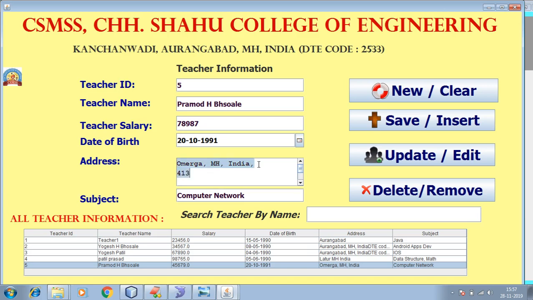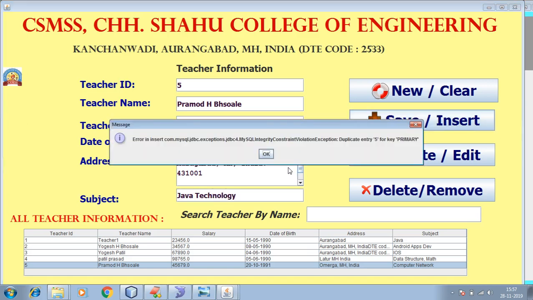Now here I want to update to Aurangabad, Maharashtra, India, 431001, and there might be a subject that you want to change. Here, change subject to suppose Java or Java technology. Okay,